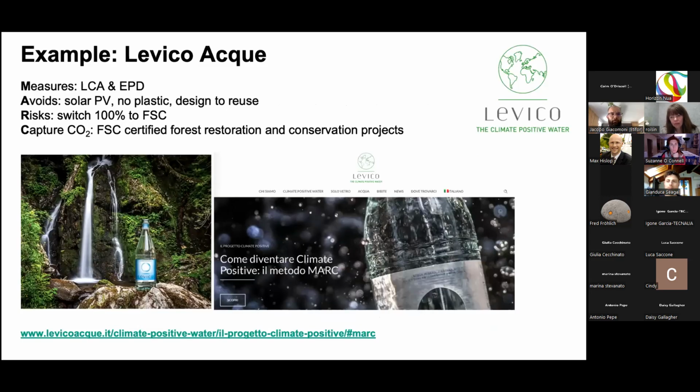A couple of examples about companies we have been working with. For instance, Levico Acque is a company that sells bottled water in glass bottles. They decided to follow a path with us that is called MARC, that brings the company towards a path of sustainability and responsibility, starting from the measurement of their impact, passing